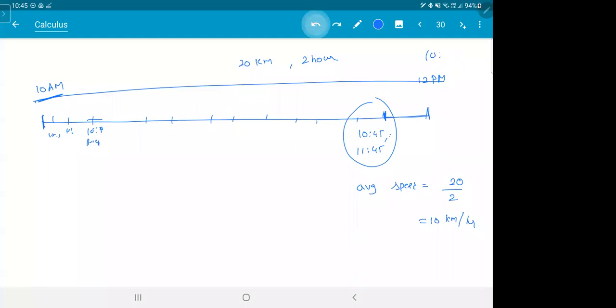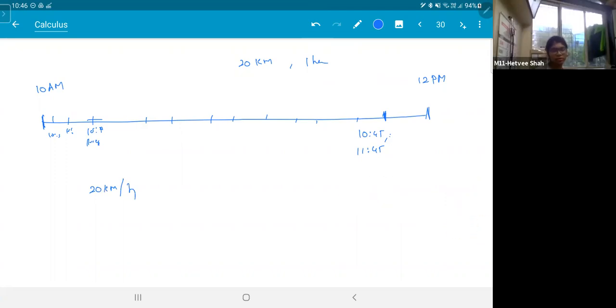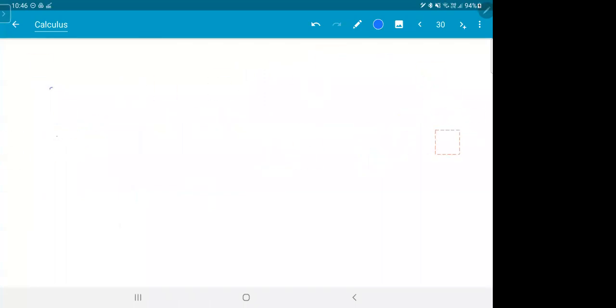So now you tell me, when you're going from Mulund to Ghatkopar, let's say next day he reaches in 1 hour. So what is the average speed? 20 kilometers per hour. This is an average speed, huh? But do you think throughout the road he went at 20? At the signal, no, 0. On an empty road, 70 kilometers per hour. So that is your instantaneous speed, na? So average speed and instantaneous velocity are different.